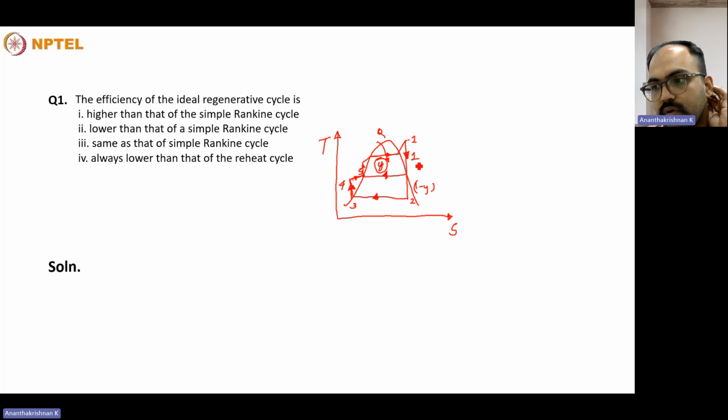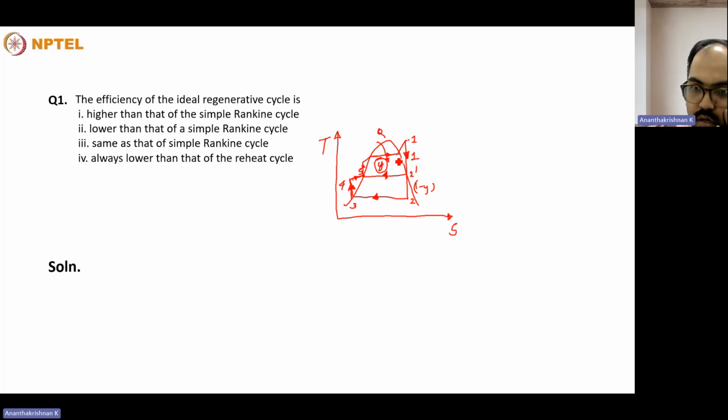But now the total work will be 1 into H1 minus this particular point. You can denote it by 2 dash. And from 2 dash to 2, the work output will be 1 minus the fraction of the steam that undergoes extraction. So that is a difference. But if you look into the total,